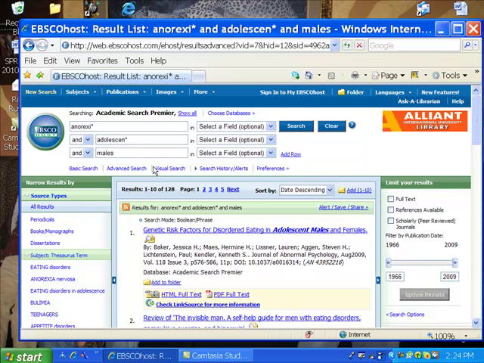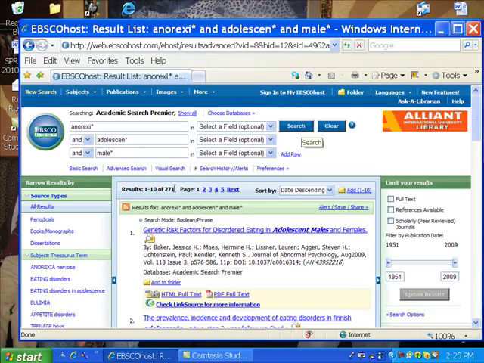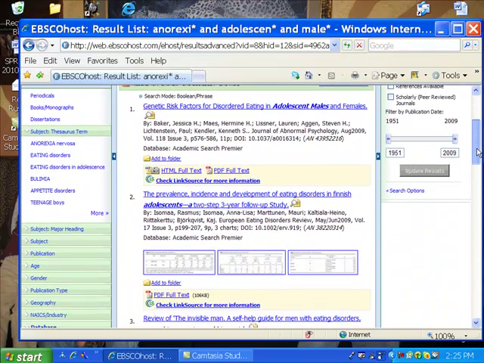For males, let's do the wildcard, which is making it singular or plural by adding an asterisk. The asterisk has kind of the same function in both of these, but in the first two, we're just going to the root of the word, which is truncation, and in the last term we're just changing it to singular or plural with the asterisk. So it's a very powerful tool. Let's hit search. And we've more than doubled our results at 271. So you can see this can be very helpful, especially if you have not too many results.